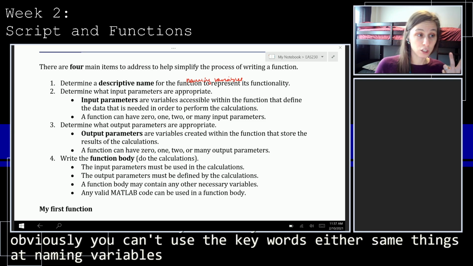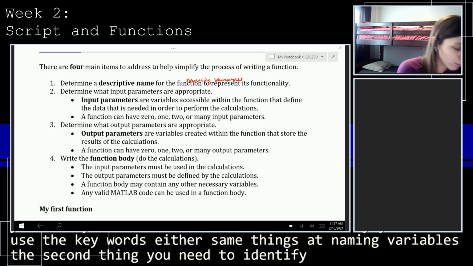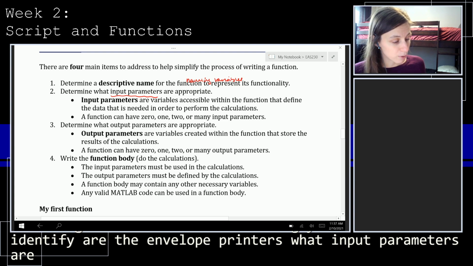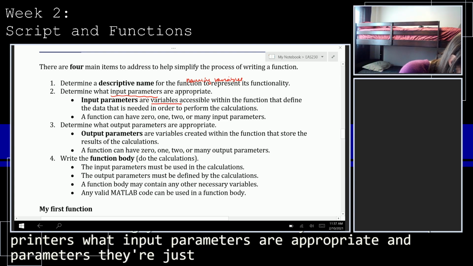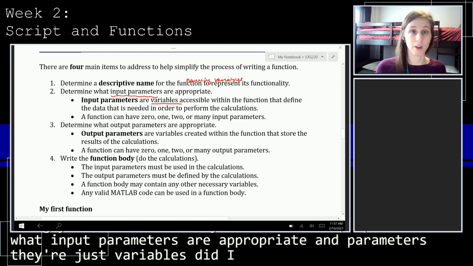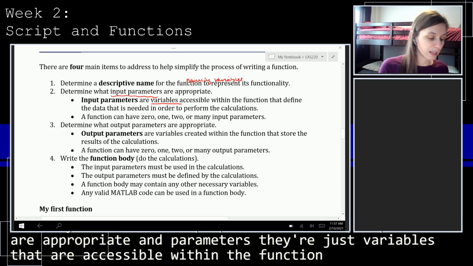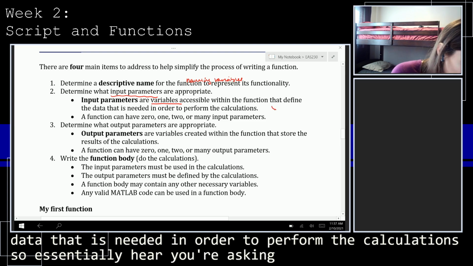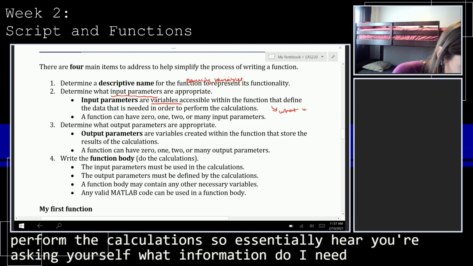The second thing you need to identify are the input parameters. What input parameters are appropriate? Input parameters, they're just variables that are accessible within the function that define the data that is needed in order to perform the calculations. So essentially, here you're asking yourself, what information do I need?